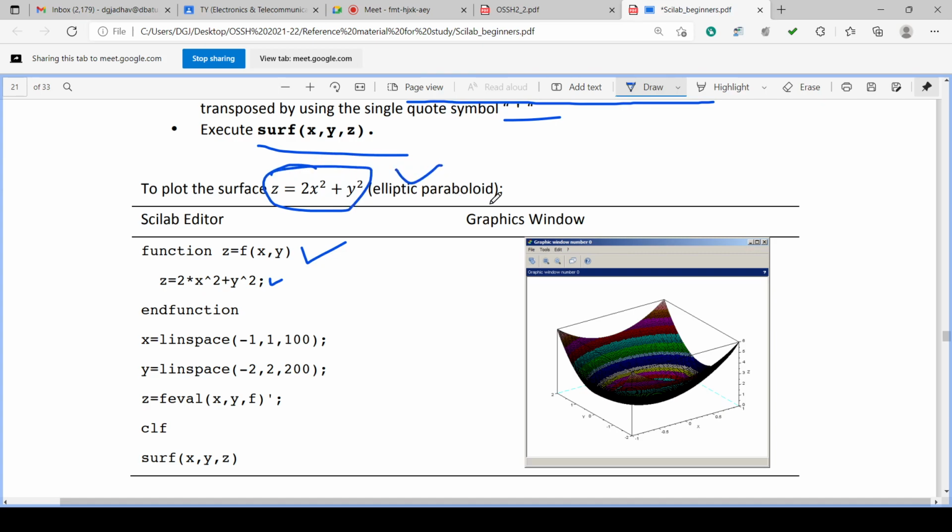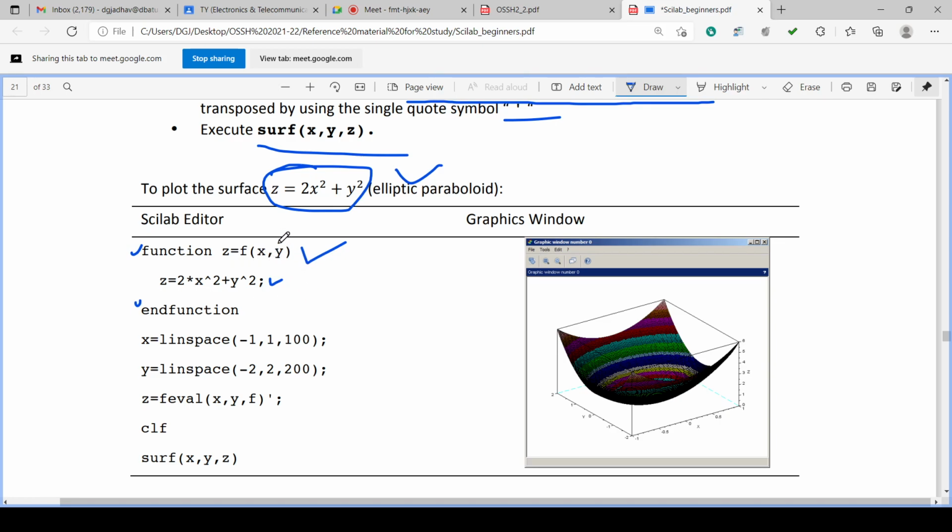You can define 2*x^2 + y^2. The function is defined and endfunction is there. So this is z equal to f(x, y).